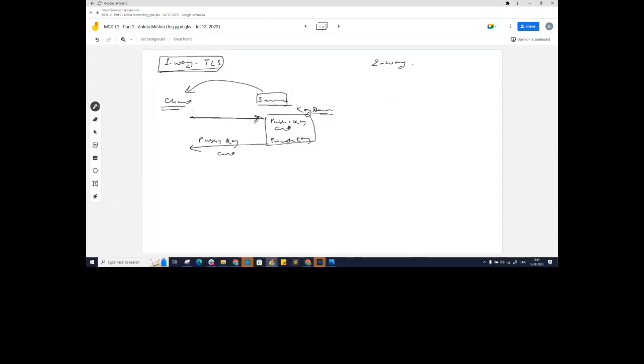The client will have to validate whether the credentials provided by the server are valid or not. For that, there are two ways. First, the client will take help from a certificate authority, and this certificate authority, the CA, will be responsible for validating these certificates. The other workaround is that the client will have a trust store, and using this trust store, the client will validate whether the certificates and the key provided by the server are valid or not. If they are valid, then the communication will start.